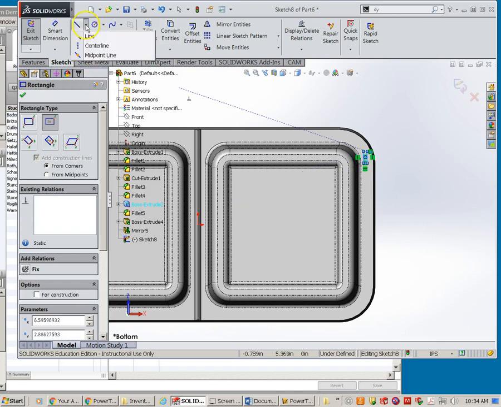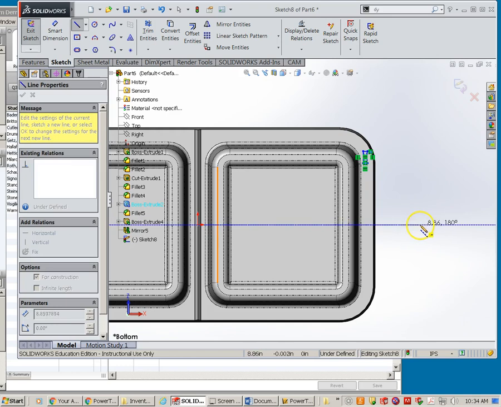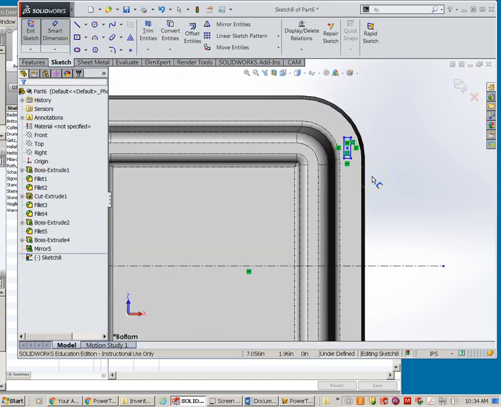I'm going to put a center line in first. Okay, some dimensions on this rectangle. I believe this is